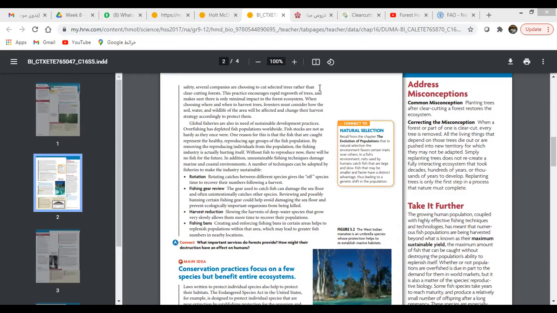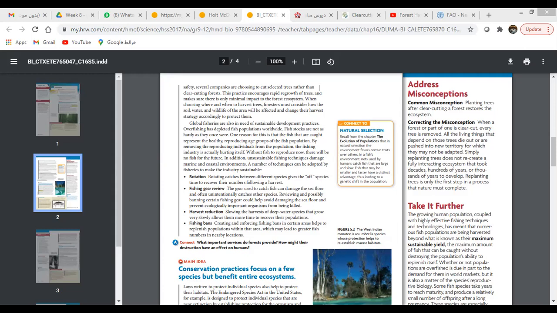They also take into consideration the soil, the water, and the wildlife of the area that will be affected. They have to think: if I cut these trees, how will this affect the water, how will this affect the soil, and how will this affect the animals or wildlife in this area? So the companies must make a strategy, a specific plan, to choose and cut selected trees according to when and where to cut them, and how this will affect